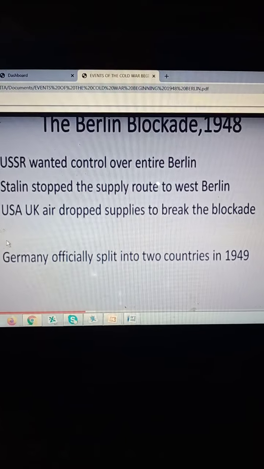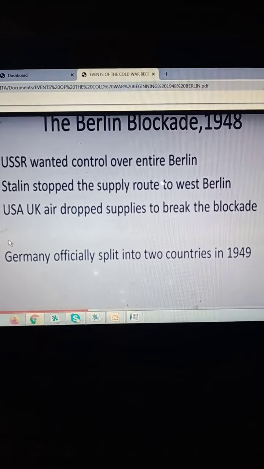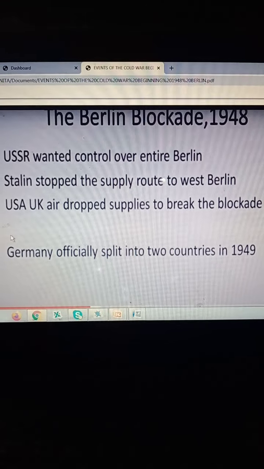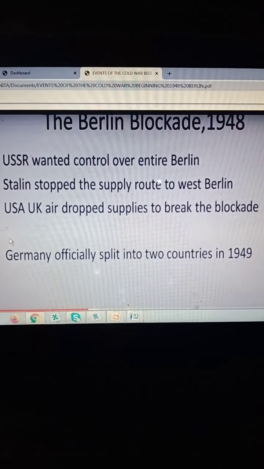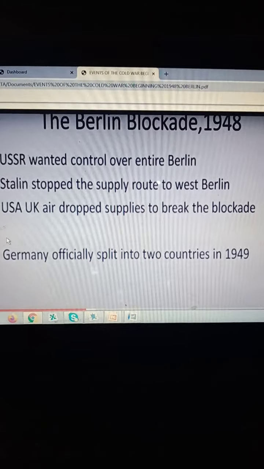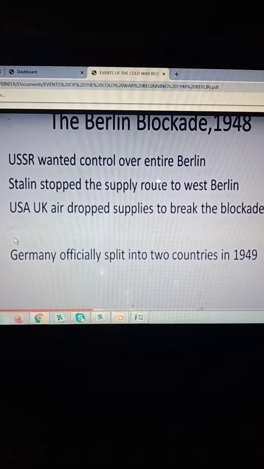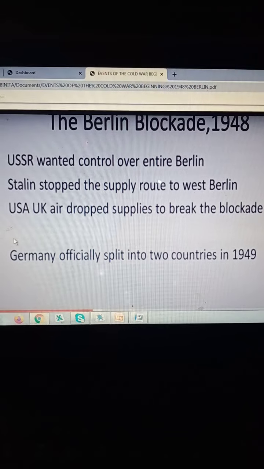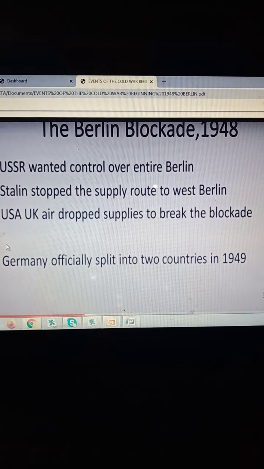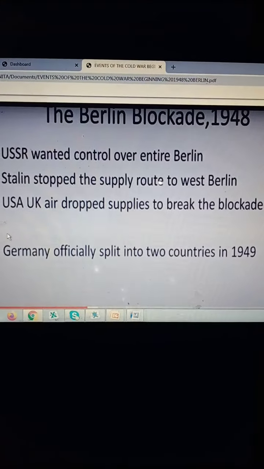Because West Berlin was under the control of your USA. Because that was all decided in your Yalta and the Potsdam conference, the division of Germany into 4 occupational zones. Half that was east, that was controlled by your USSR, and the other part, that was the west, Germany, that was controlled by USA, France, and UK. So you can see, finally, of course, Germany officially split into 2 countries, that is East Germany and West Germany, in